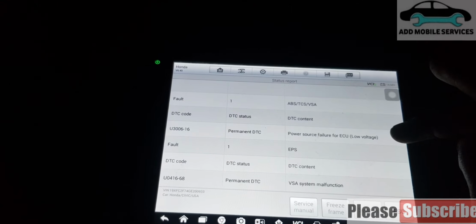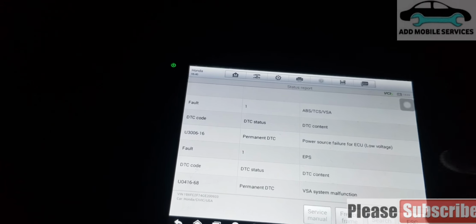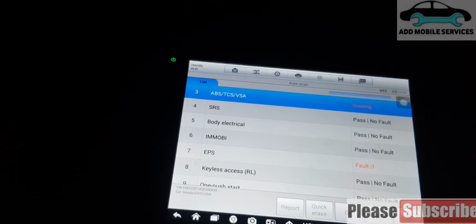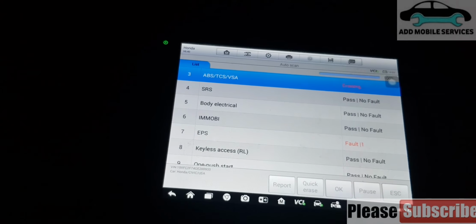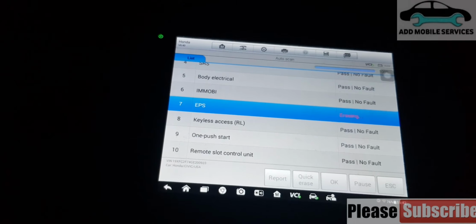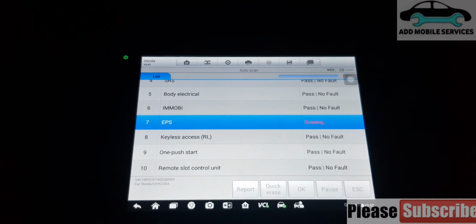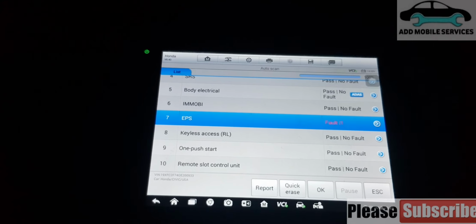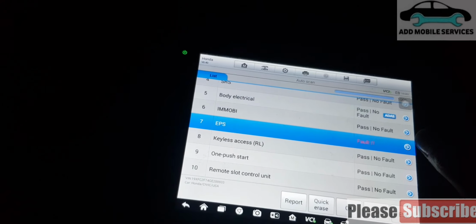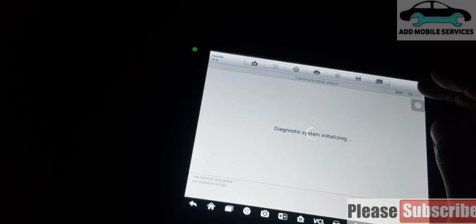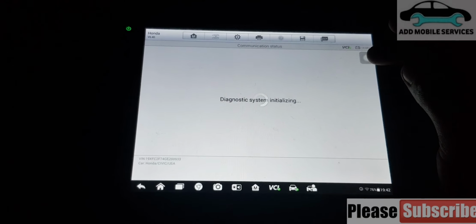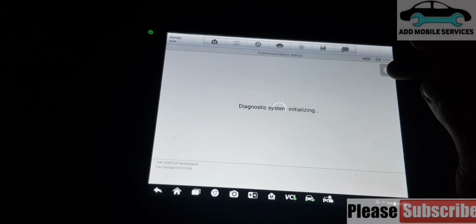Yeah, power supply failure to the ECU low, ECU malfunction. Then I'll erase all the fault code. So now there is no issue with the vehicle and now the vehicle can start.